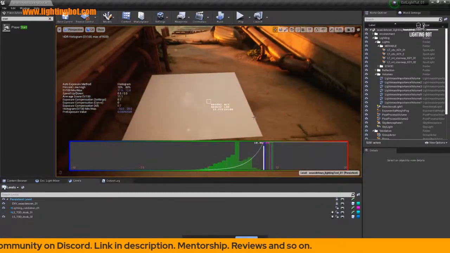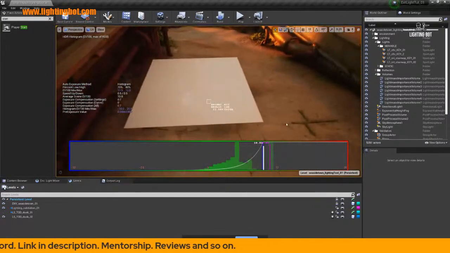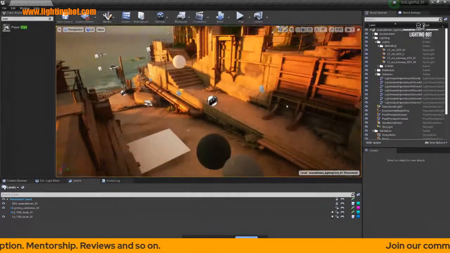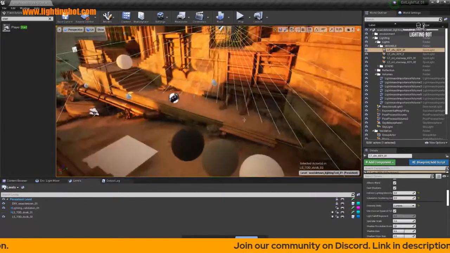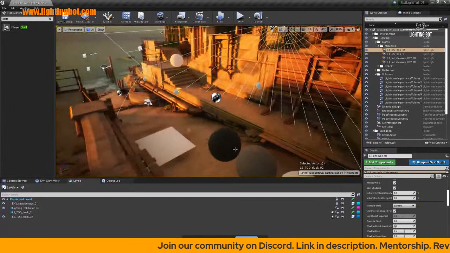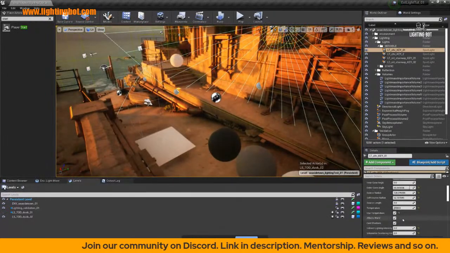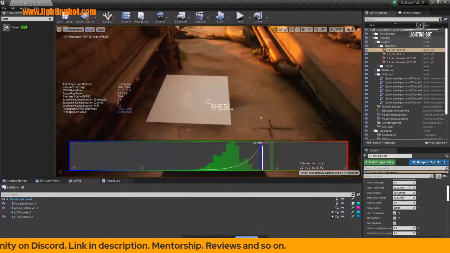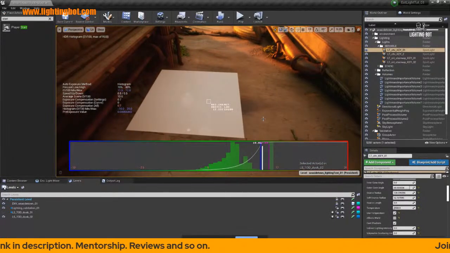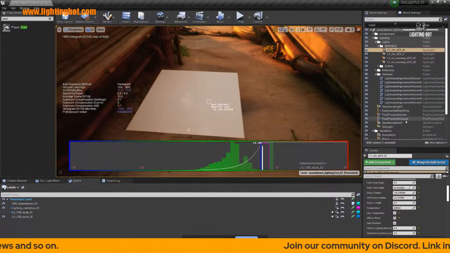Yeah, unfortunately, this number has been affected by the other light. For example, I got a key light, I got a fill light here. So when the character goes through, it can affect that. So I can just turn it off. Yeah, maybe this is the number I want. So when you tweak those parameters,